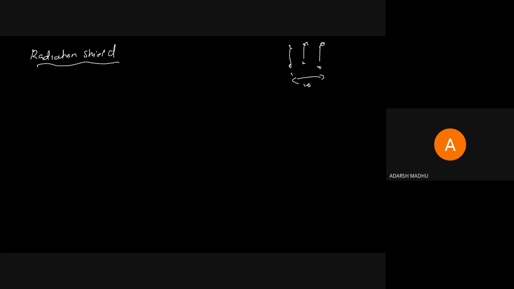As I said, the effect of radiation can be reduced by keeping a radiation shield between the two surfaces. Radiation between two bodies can be reduced by placing a radiation shield between them, and that surface also has a particular emissivity value. If the emissivity of the first body is epsilon 1 and epsilon 2 for the second body, and there is an emissivity value for the shield,